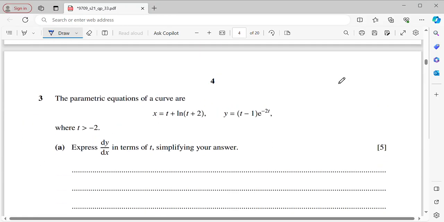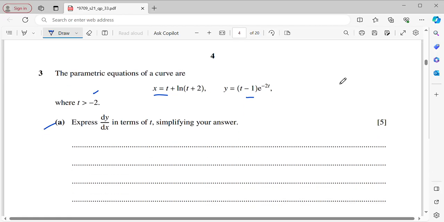Okay, now the next question is question number 3. The parametric equations of the curve are x equals t plus ln(t plus 2) and y equals (t minus 1) multiplied with exponential negative 2t, whereby t is greater than negative 2. A. Express dy/dx in terms of t, simplifying your answer. So,